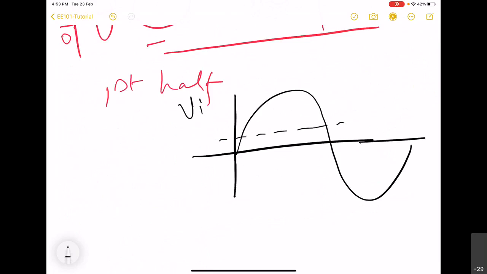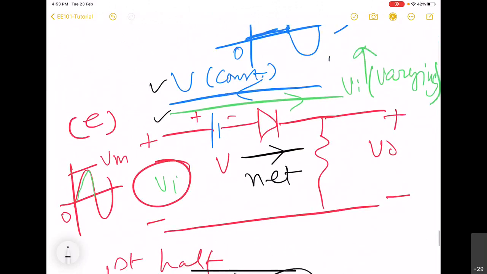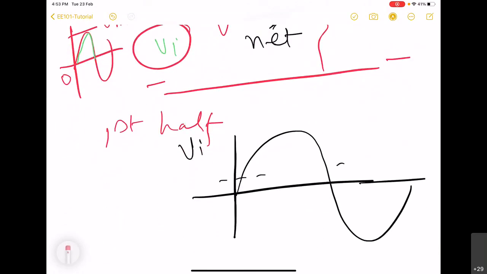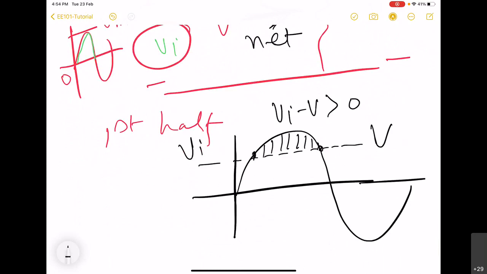Only when this input has increased and it has become equal to V, then there will be net voltage in the direction of the diode and the diode will turn on, right? So only when this input is above this threshold, which is V, then only for this portion, what we will have is Vi minus V greater than 0, implying the diode is on,